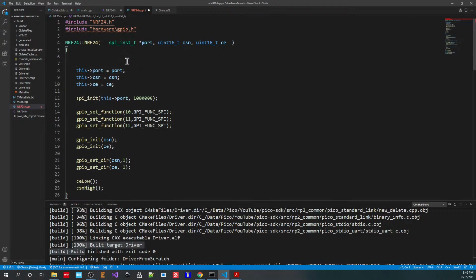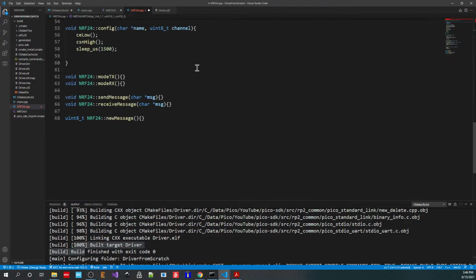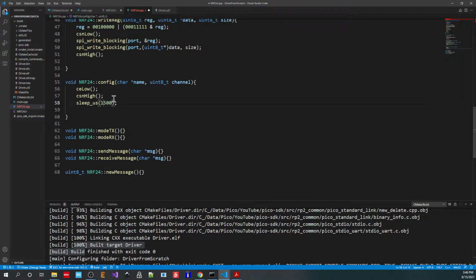Right, so right here, we'll say sleep in milliseconds. Let's set 11 milliseconds, just to give it time to boot up on a power cycle. And here it will be 1.5 milliseconds